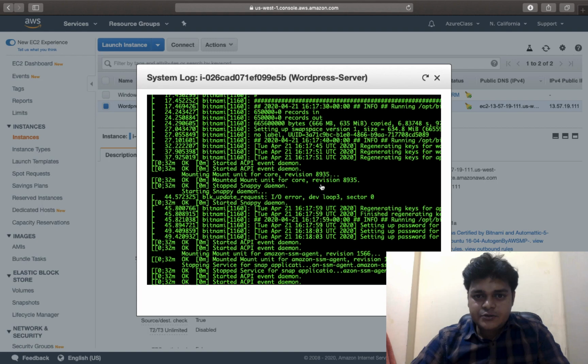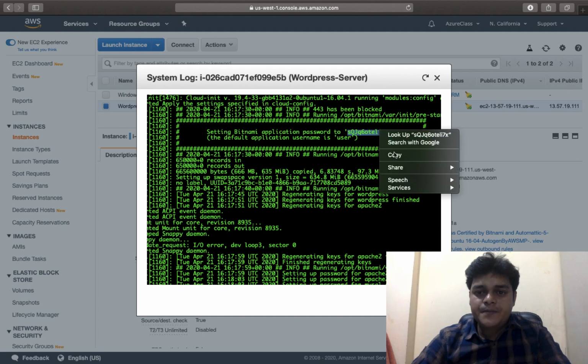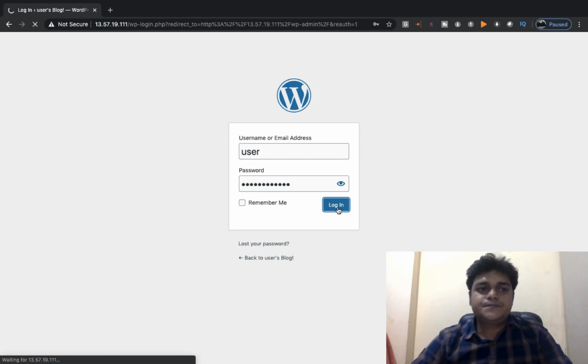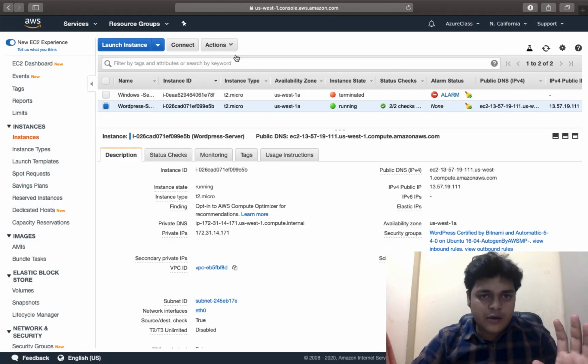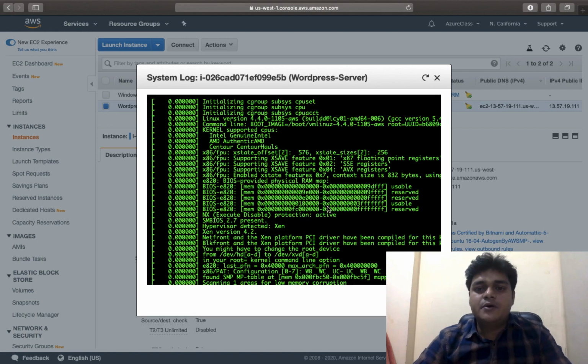See, scroll down, this is the hash wizard, and under the hash wizard you will get your password setting, Bitnami application password. You need to copy the password, go to the browser, paste it in the password field and click login. Got it? So what are the steps to get the password? Select your virtual machine, the WordPress server, go to Action, click on Instance settings and Get system log, and find your password from the system log.